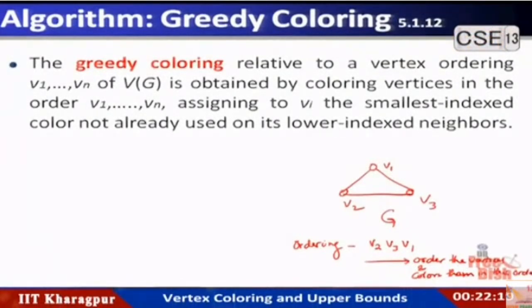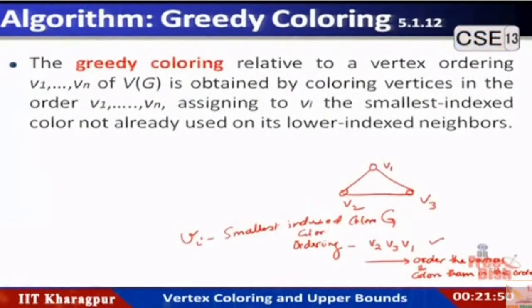First we have to order the vertices and then we will be coloring them in the same order. So we have obtained a particular order. Now according to the greedy coloring algorithm, we will assign to Vi the smallest indexed color. So we will obtain